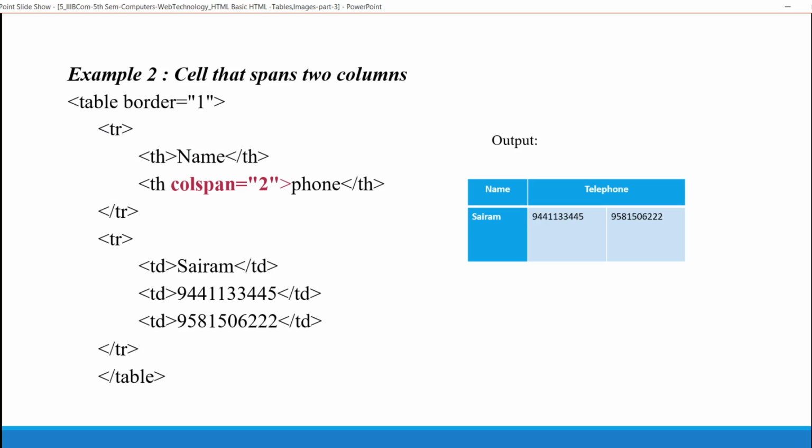This is our next example for col span. So, table border equals 1, tr, th heading. Here the cell is divided into columns. We specified col span. This is the output of this. See here, name. In the previous example, you have seen row span. There the cell is divided into rows. Here we specified col span. The cell is divided into how many columns? 2 columns, because I have specified 2 here.